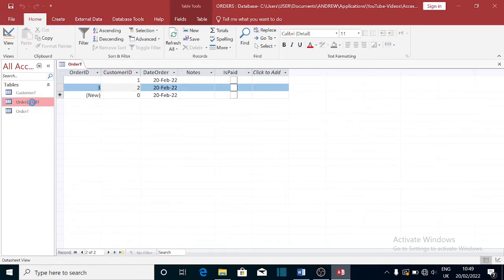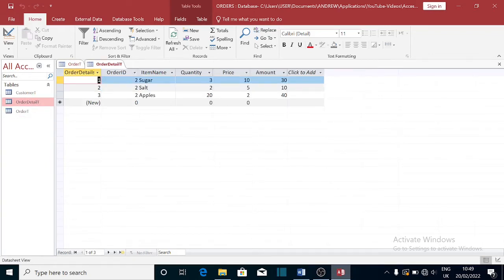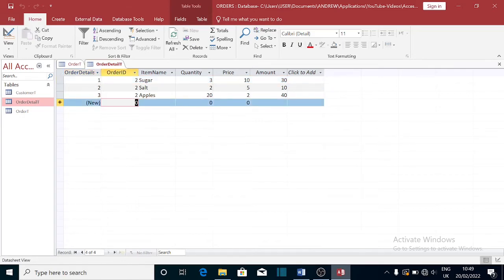So I can add some order information in here for James. So remember, the order ID for James was 3, and